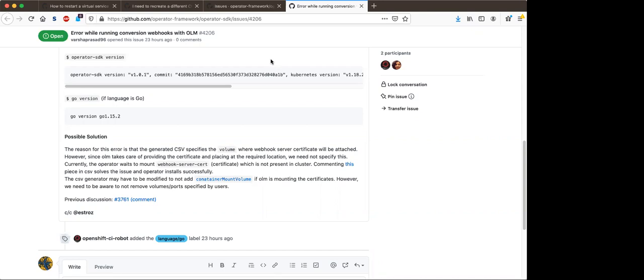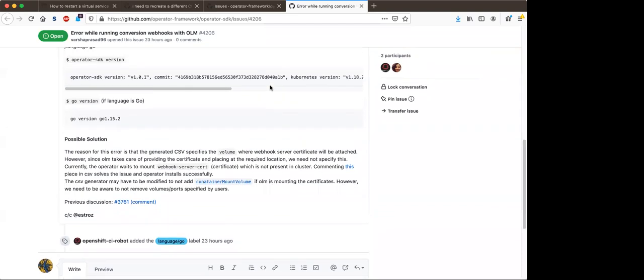Okay, so I guess I'm still missing a piece. If the user doesn't specify anything with the location of certs, but still has a webhook configured and still has all the normal Operator SDK create webhook stuff, will everything work out of the box by default with OLM's new inject into the right place feature?